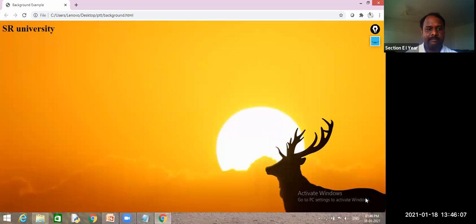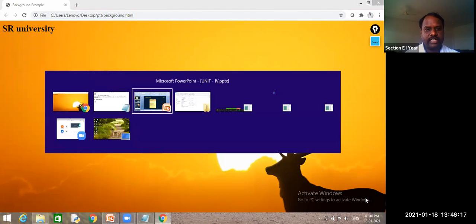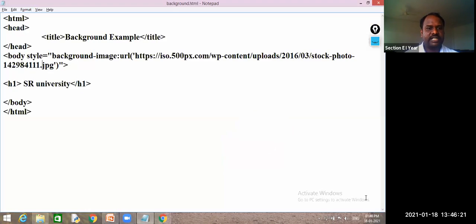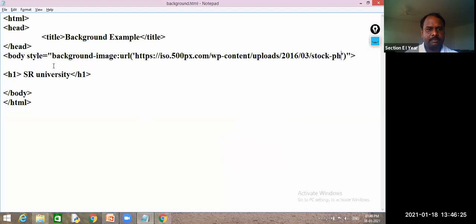But what is our aim? We need to stop repetition. With this kind of image you never get any issue, but if you get a small image, you will get an issue. So we need to solve that issue. To solve that issue, we should go for our general image. What is our image? Plant.jpg.